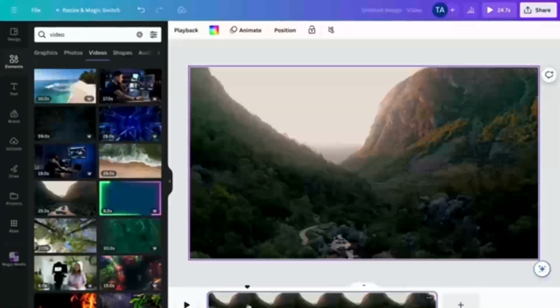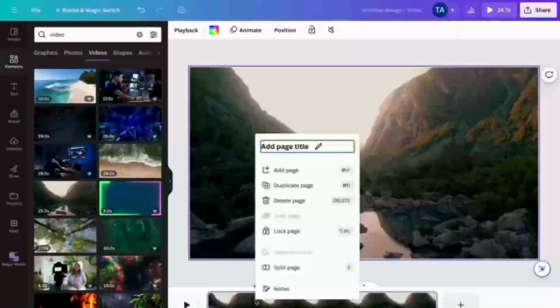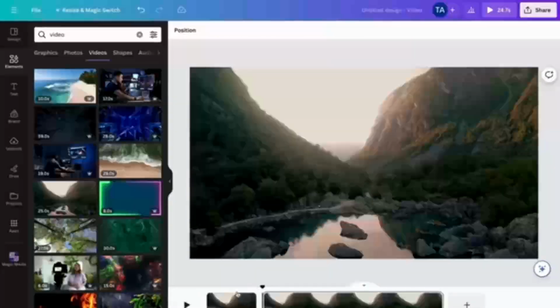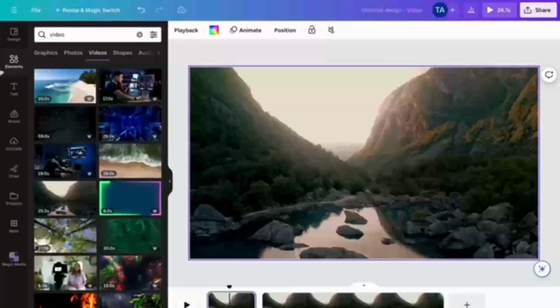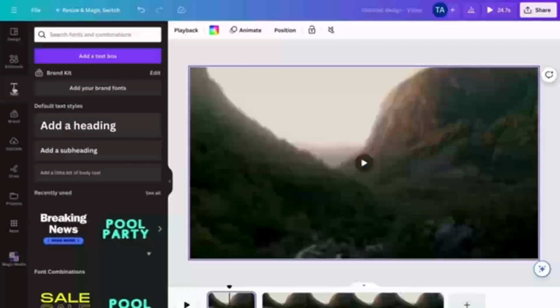So the first 5 seconds or so is going to be the intro. So I'm going to click on split page right here. This is going to be the intro. What I'm going to do now is to click on text right here. Then what I'm going to do,